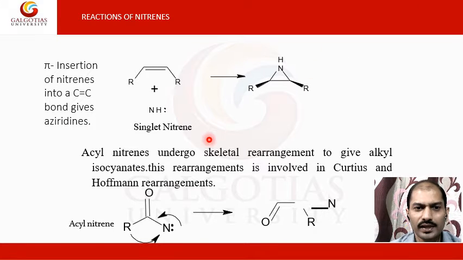So here, a singlet nitrene, in the case of alkenes, has been reacted with the alkenes. So this is forming this species. You can see the cyclic species. However, in terms of stereochemistry, there will be high strain in smaller rings. So here acyl nitrenes undergo skeletal rearrangement to give alkyl isocyanates, and this rearrangement is involved in the Curtius and Hofmann rearrangements